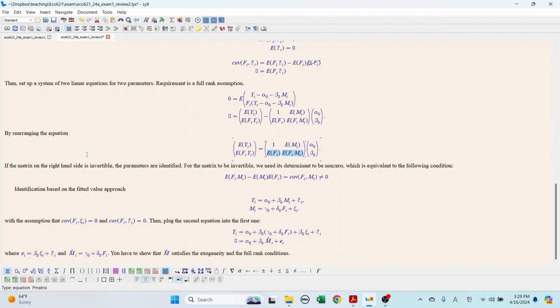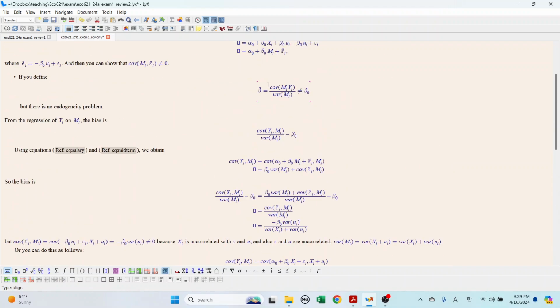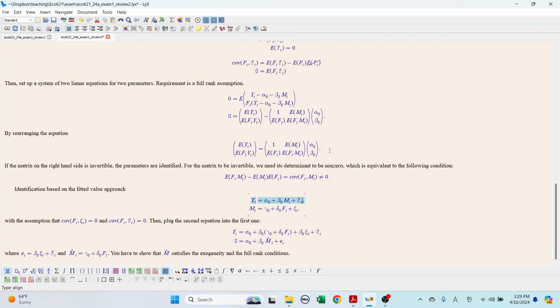If you use the fitted value approach, some of you have used the fitted value approach, but the answers were not complete, right? So again, the second stage equation is exactly what we set up earlier. And you have to add a new equation for M. Now regress M on F. This is a reduced form equation. Delta has no meaning. This is a reduced form equation, and here